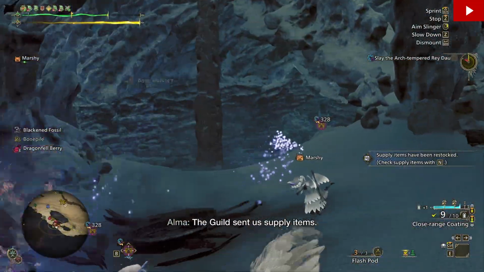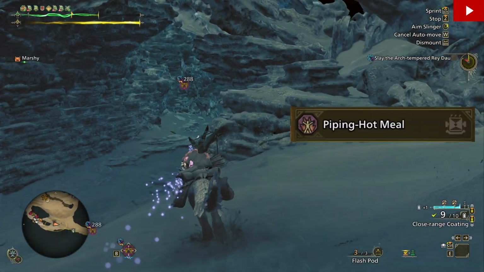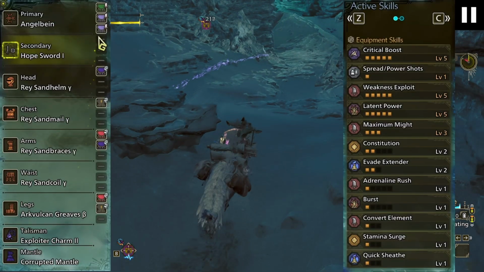So to start off with, I am using a heroics build, and I'm getting heroics from piping hot food, and that's why you see me blow myself up at the beginning. For my build, I'm using 4 pieces of Rey Dau armor, focused on Latent Power. I also take 1 level of Convert Element, just because it gives a good amount of flinching power when it